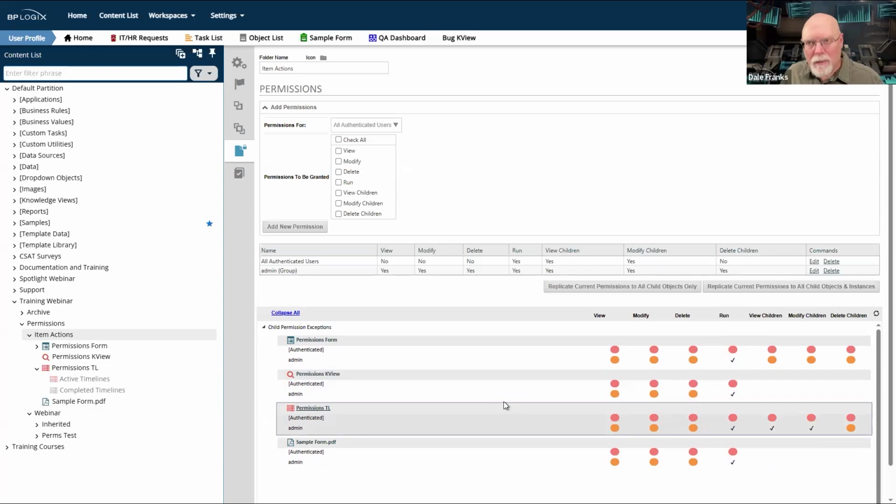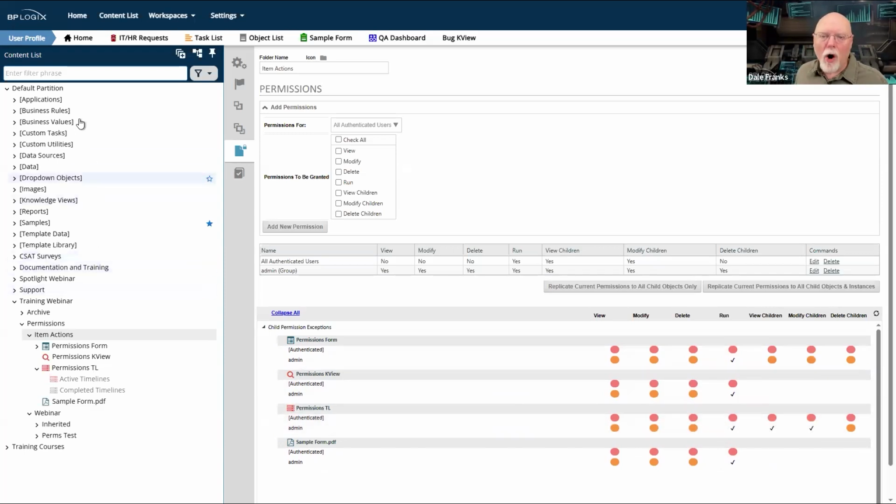Again, our recommendation is that permissions get set at the folder level, that you set them every time you create a folder, unless, of course, you have them already set at the default partition, in which case they should just inherit the default permissions that you have set. If you're going to change permissions, remember, the only way to get those new permissions to child objects is to replicate them.